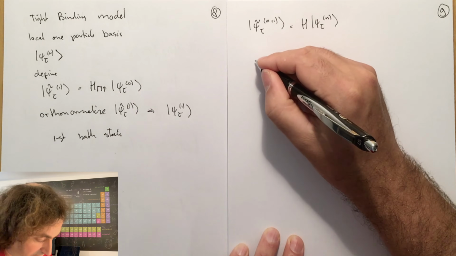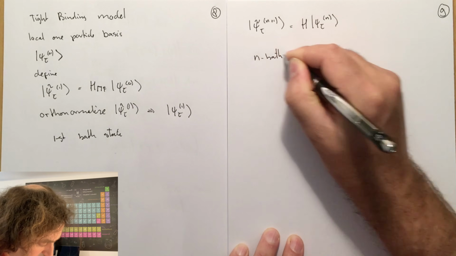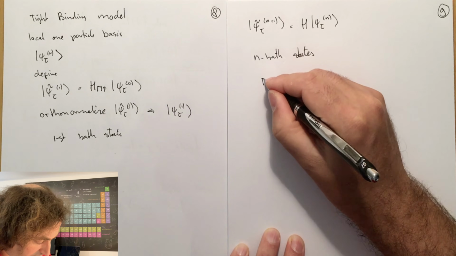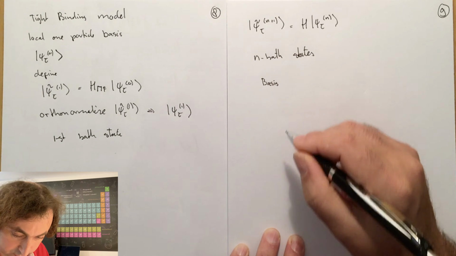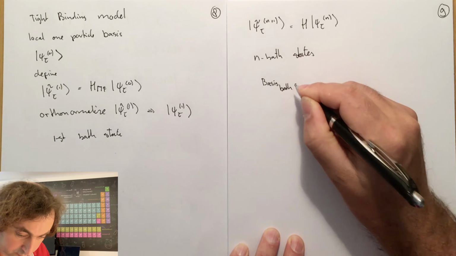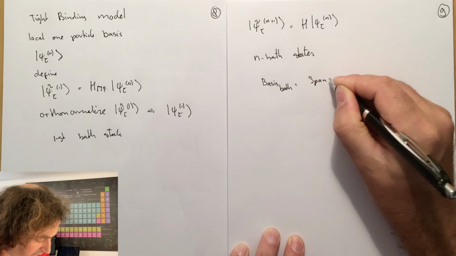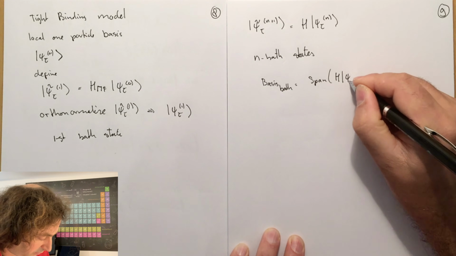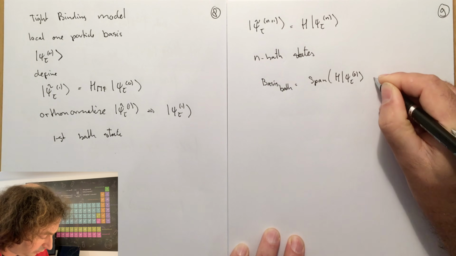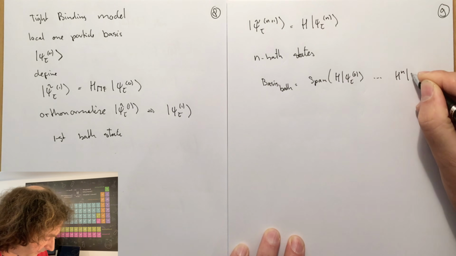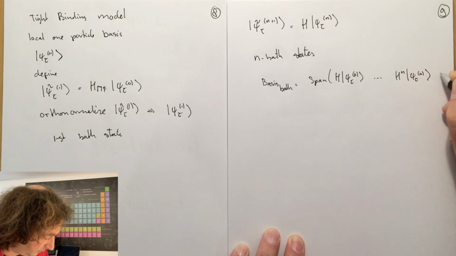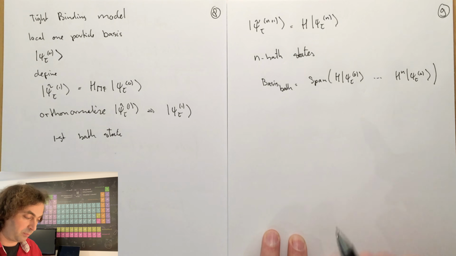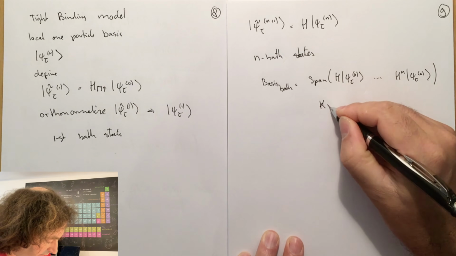If we have n bath states, then we generate a basis for the bath by the states that are spanned by H psi tau 0 up to H to the power n psi tau 0. Now, in order to see how this basis that we generate here, which is known as a Krylov basis,